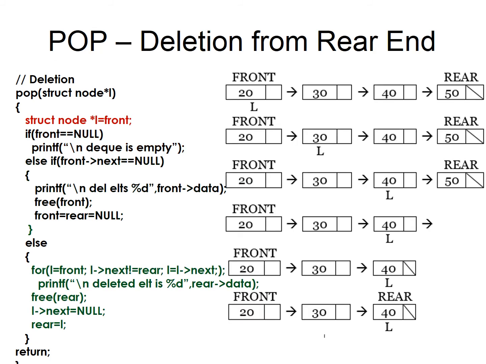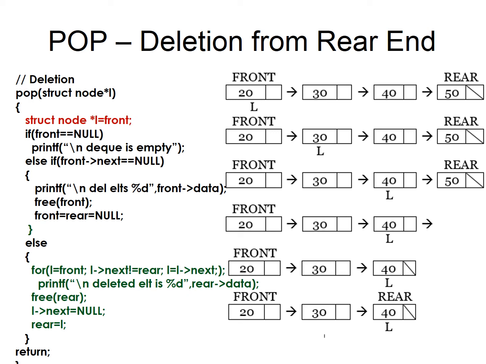Now we will take another example, where my double-ended queue has more than one element. Basically, first we have to check whether my queue is empty or not. If it is not empty, we'll check whether it has only one element. If that condition also fails, that means it has more than one element. Now, if the rear node, you can see in the diagram 20, 30, 40, 50, if 50 is going to be deleted, now 40 has to be referred to as rear. There is no variable that is standing at 40. So how do I assign rear to 40?